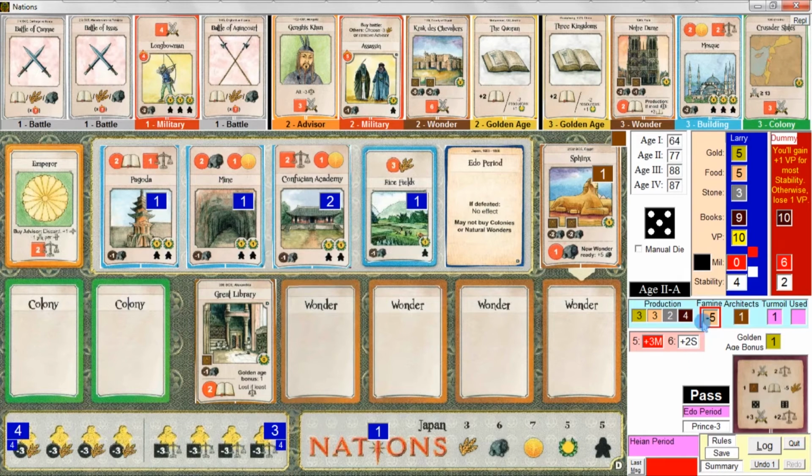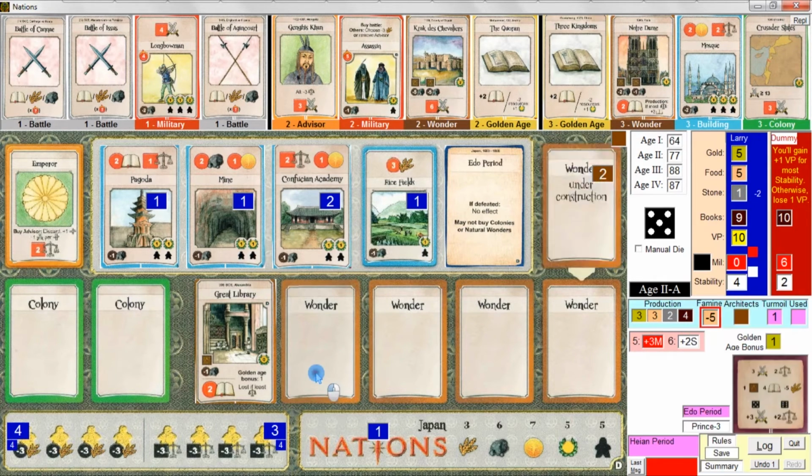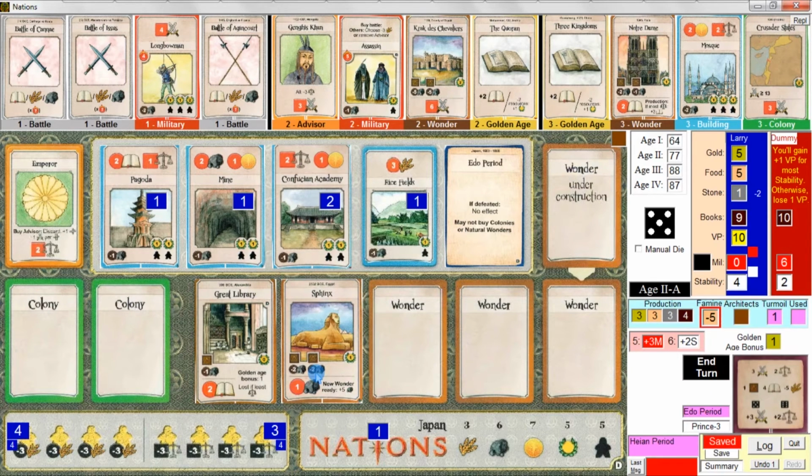All right, well, let's build the Sphinx with the 1 architect available. Not that that architect's going anywhere, but I want to get the Sphinx built. And I'll put it next to the Great Wonder over here. And now, anytime I build another wonder,